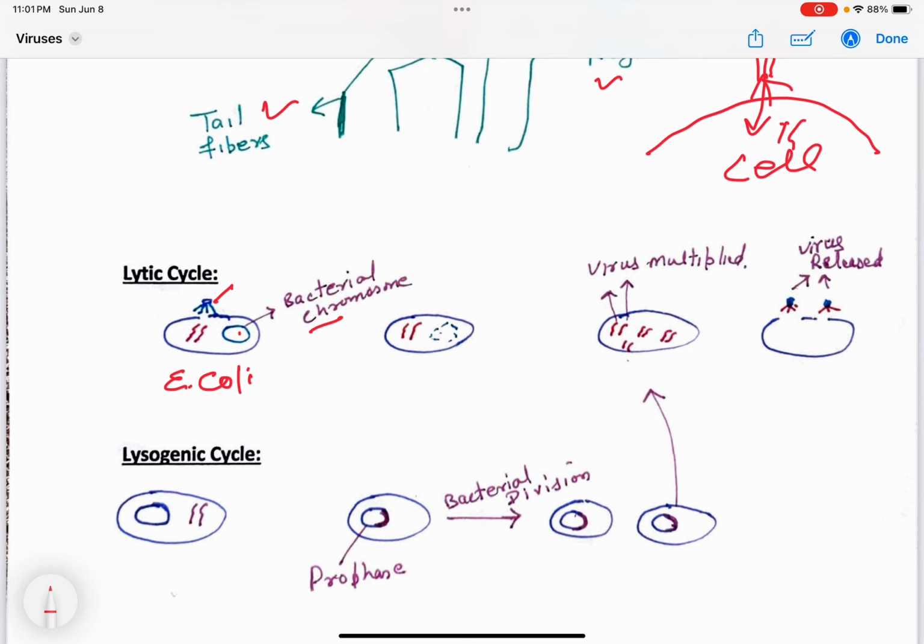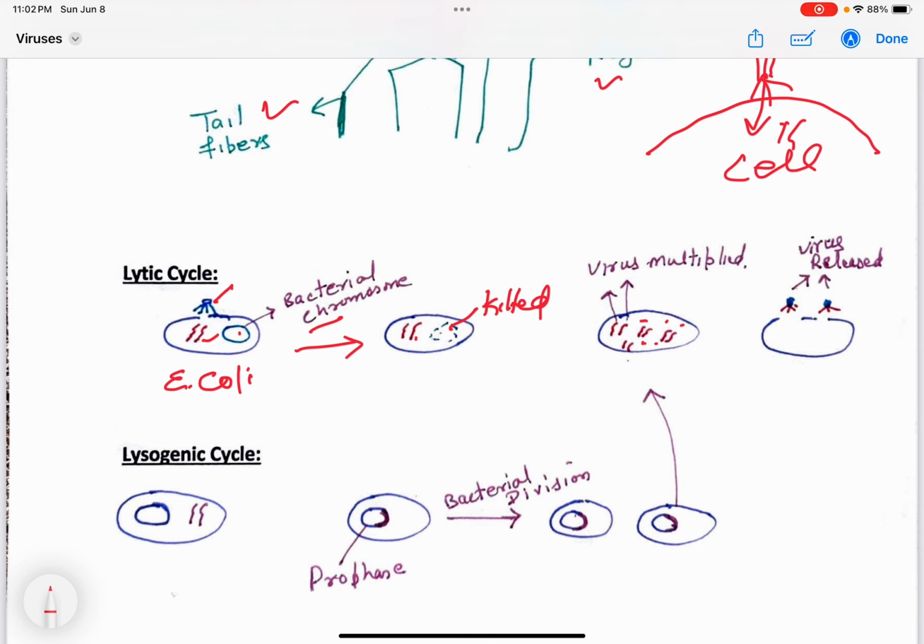So it already injected its genome in here, and the first thing it does, by using the machinery of the bacteria, is destroy the chromosome of the bacteria. So this chromosome is destroyed, and this virus genome starts multiplying inside the cell or bacteria,